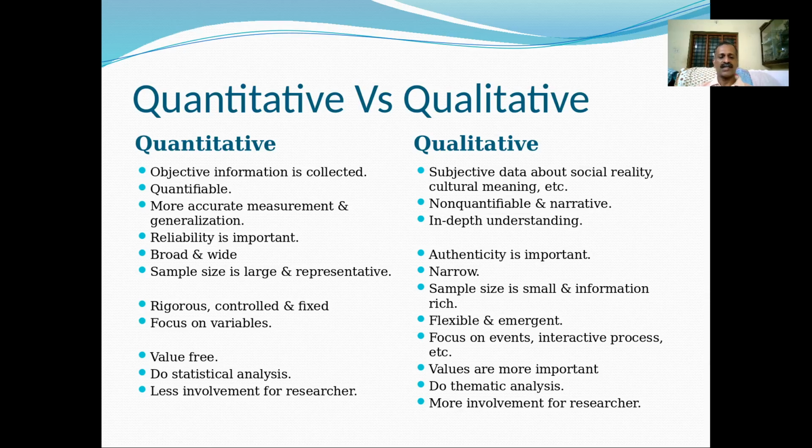In quantitative study, we do statistical analysis using different types of statistics according to the data, according to the hypothesis, what is to be tested. We choose different types of statistics for analysis. Whereas in the qualitative study, statistical analysis is not possible. We do an analysis called thematic analysis. The analysis is based on the themes that are derived, and there are some techniques also. Just like statistics in quantitative, we have thematic analysis in qualitative studies.